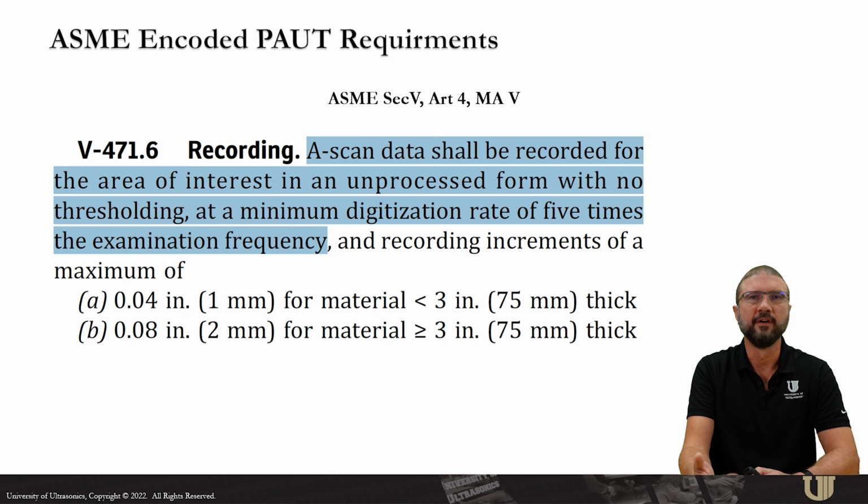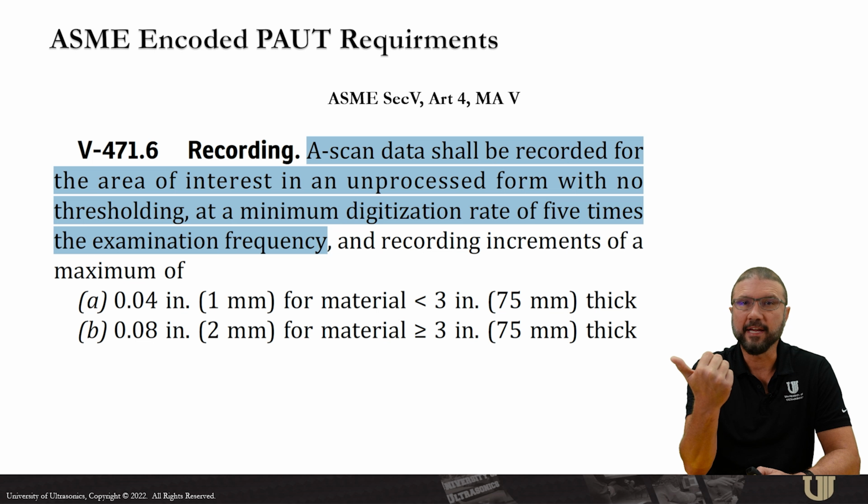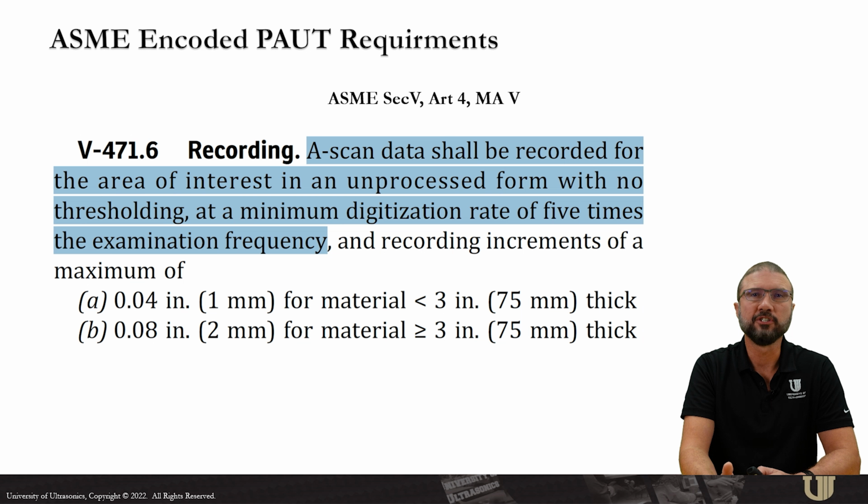ASME Section 5, Article 4, Mandatory Appendix 5 deals with encoded phased array weld exams. This particular paragraph contains a very important, potentially confusing, sometimes controversial, and often overlooked statement. A-scan data shall be recorded in the area of interest in an unprocessed form with no thresholding at a minimum digitization rate of 5 times the examination frequency and recording increments of a maximum of 1 or 2 millimeters depending